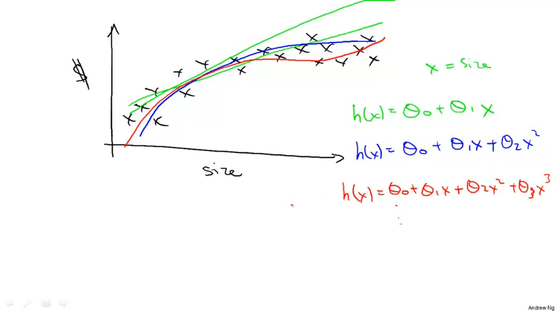So the red curve would be a cubic function, or a third order polynomial. The blue curve would be a quadratic function, and the green curve is just a linear, straight line fit to the data. Sorry about the two green lines. One of them was a very badly drawn line, I guess. So let's see how we would fit the cubic model. If we want to fit that model, we're saying that the price of a house we're going to approximate as,